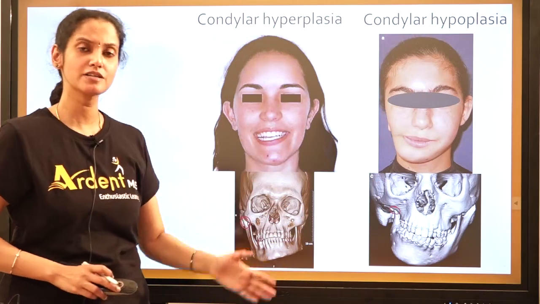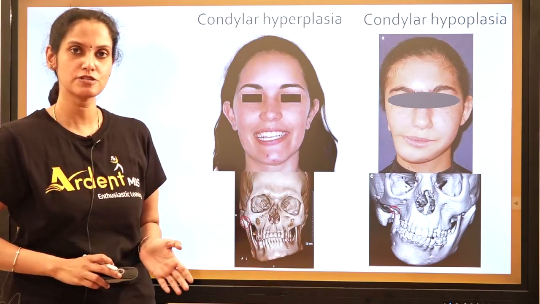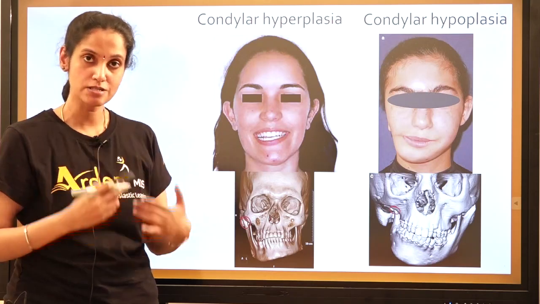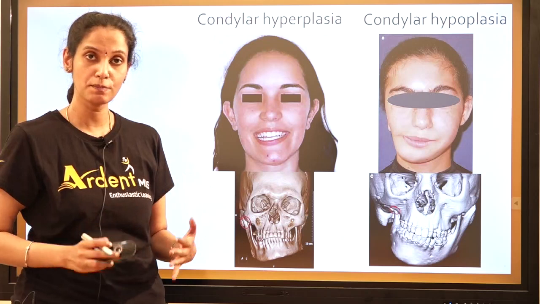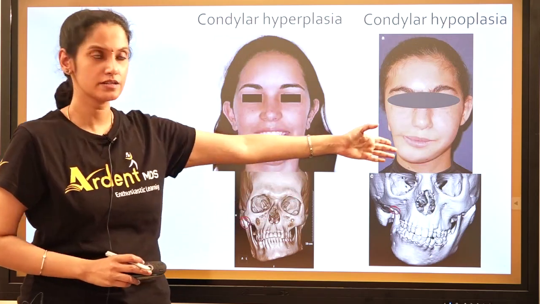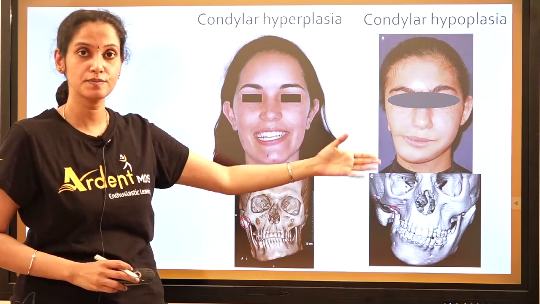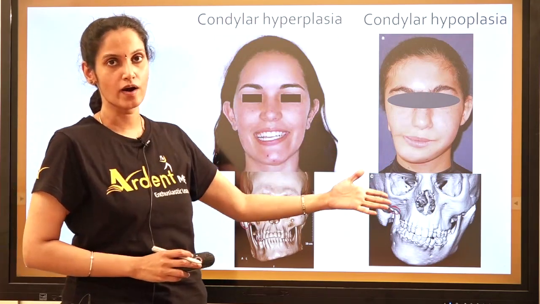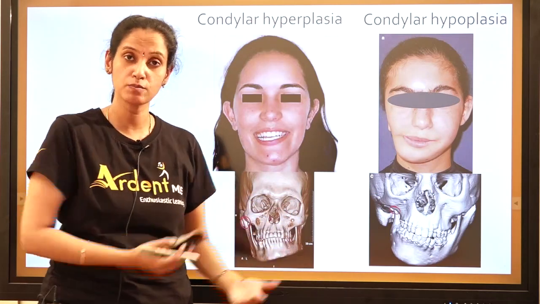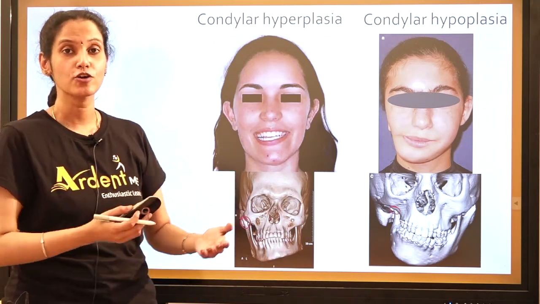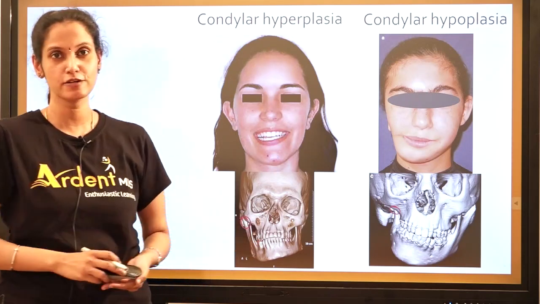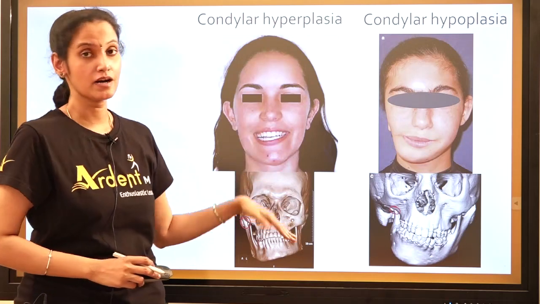But in both these conditions, you will find facial asymmetry. The occlusal slant has got altered. There is an occlusal disharmony. Cross-bite, open bite, yes, will be present. But condylar hypoplasia could be either congenital or acquired. Congenital, it could be associated with a few other syndromes like mandibulofacial dysostosis, oculoauriculovertebral syndrome, what you call Goldenhar syndrome, hemifacial microsomia, and it could be acquired also.